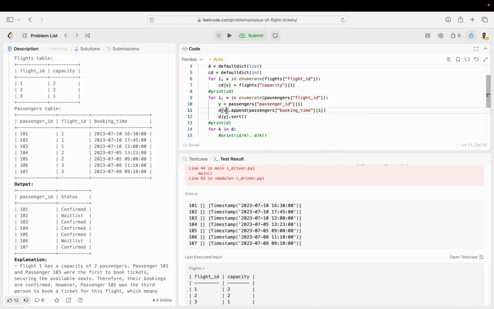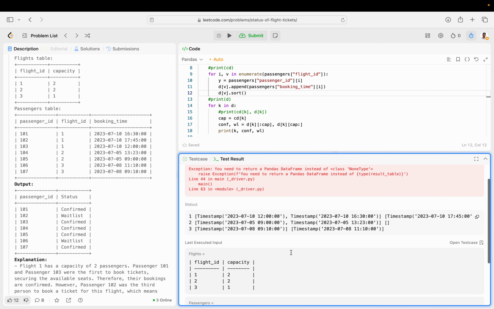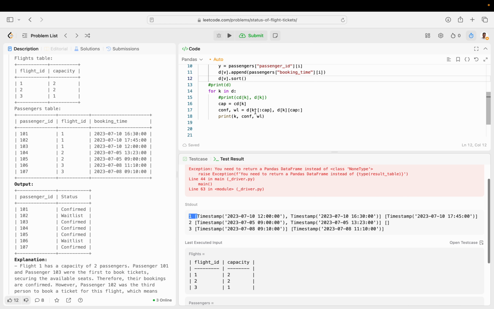Oh, I guess that doesn't work because we have to map this back to the passenger ID. Okay, so the passenger ID 101